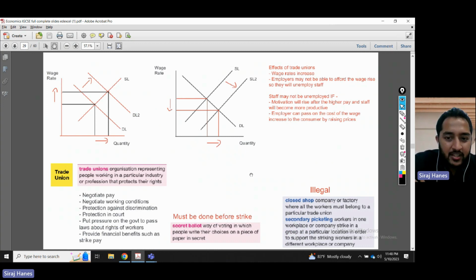Last couple of slides. Here's a trade union. You know what a trade union is? This is the organization that represents workers, the people who gather together and they form a union to protect their rights. Trade unions are mainly there to negotiate pay, to raise pay, to negotiate working conditions, to say, look, you need to improve this, because when you go and argue with the employer, chances the employer will be like, yeah, leave. I don't want to listen to you. But when you go as a group, a collective group, a formal collective group, a trade union, now you have the power. You can negotiate your pay, you can negotiate your working conditions, you can stop discrimination from happening.